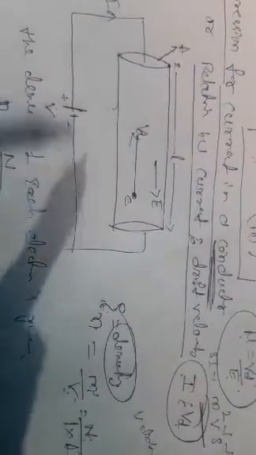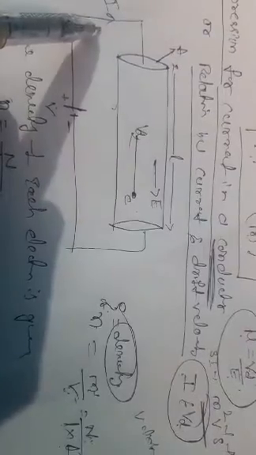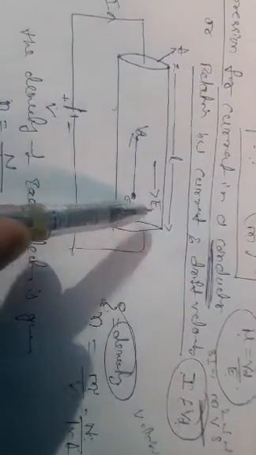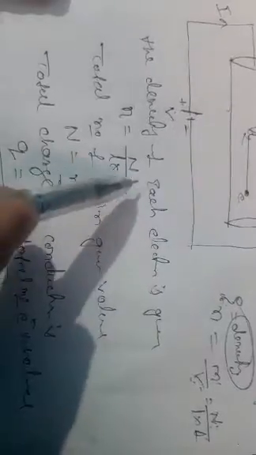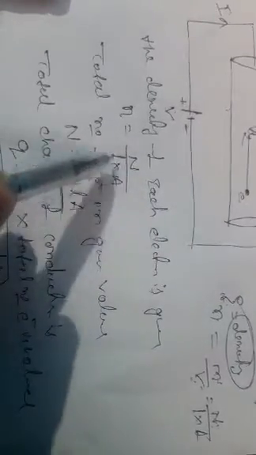Now the current flowing through the conductor is capital I, the electric field present is E, and a number of electrons are present. They travel from one end to the other, which is the drift. The speed of each electron is the drift velocity. First, write the density of electrons. The density of electrons, small n, is equal to the total number of electrons divided by volume. The volume in this diagram is length into area.